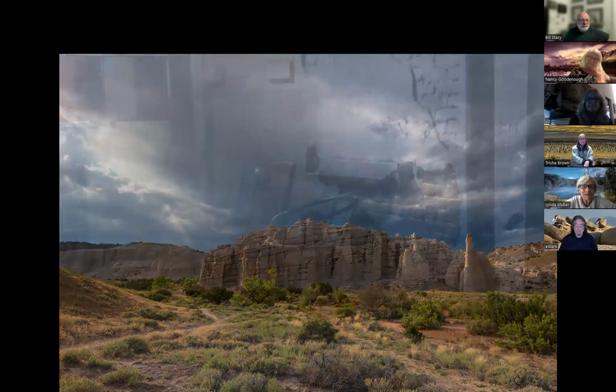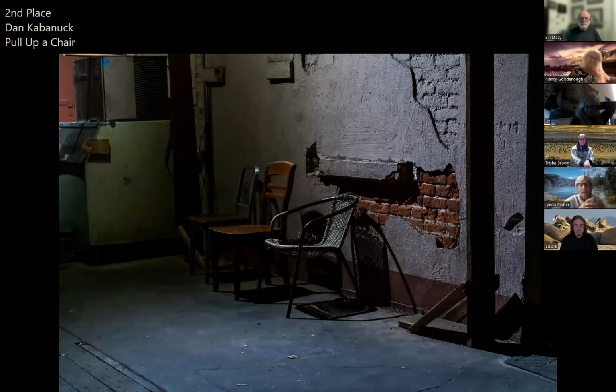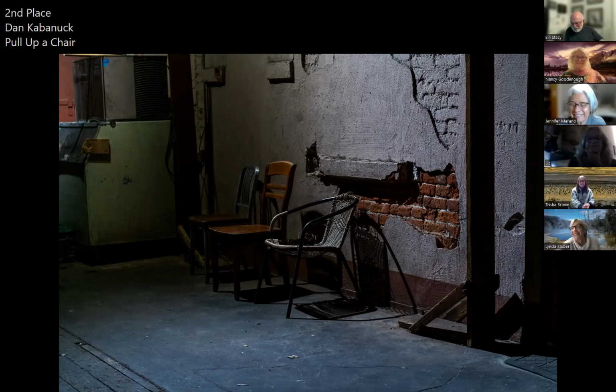Congratulations. Thank you. Second place, Dan Kabanik. I didn't see him tonight. I wonder where this is. Petaluma, could it be the Phoenix Theater in Petaluma? Maybe. I bet it is. I love that place. But there's no graffiti. Yeah, I love the light in this image. The light's beautiful. It's amazing. Shadows. Okay, congratulations, Dan. First place,